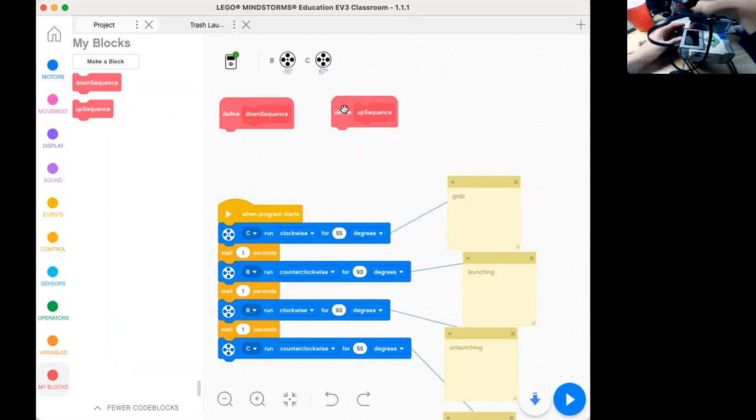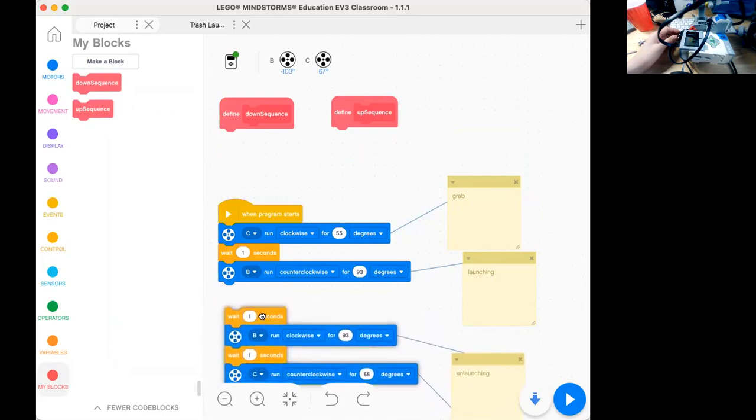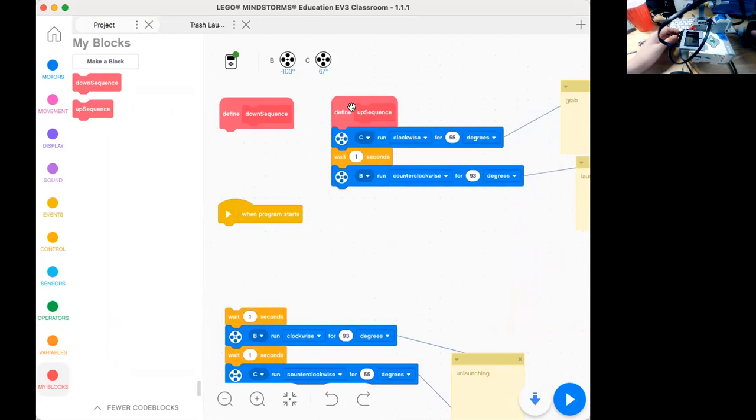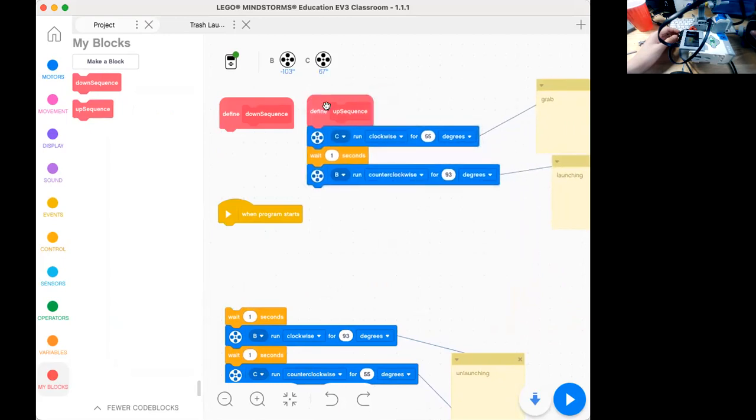It's closing and then going up. So we're grabbing and launching and going up. So we're going to grab this code right here and put it in our up sequence. And if I run the code now,